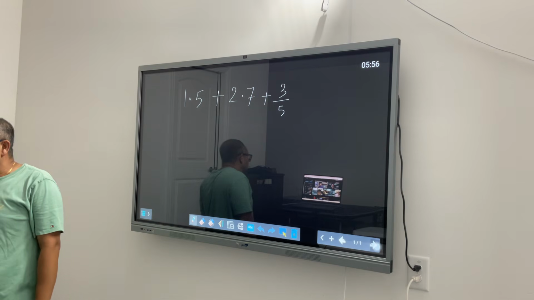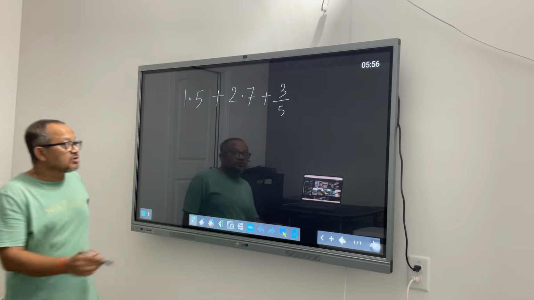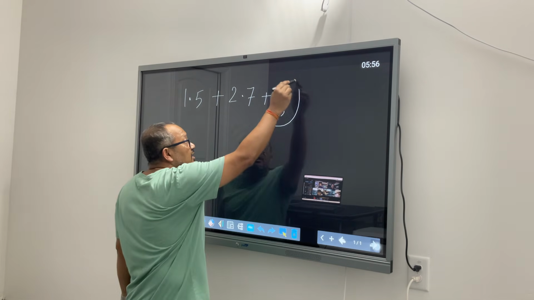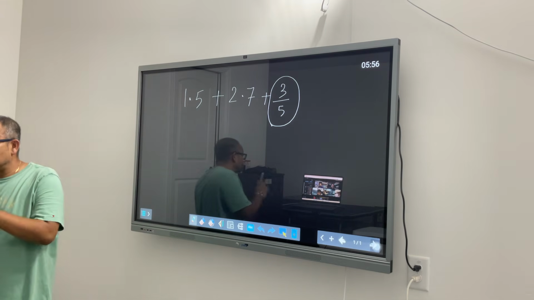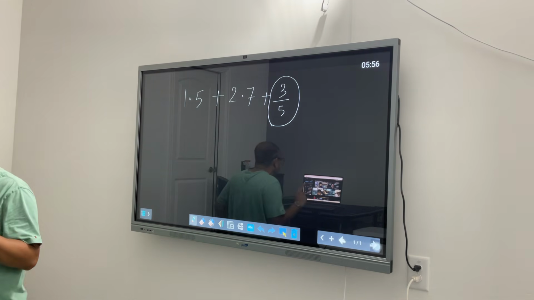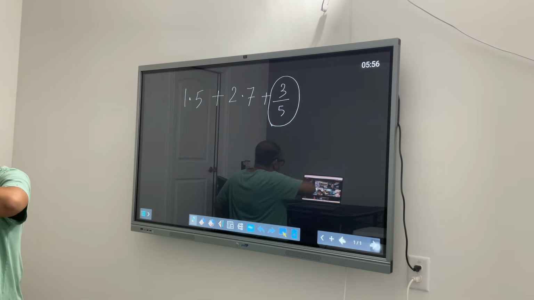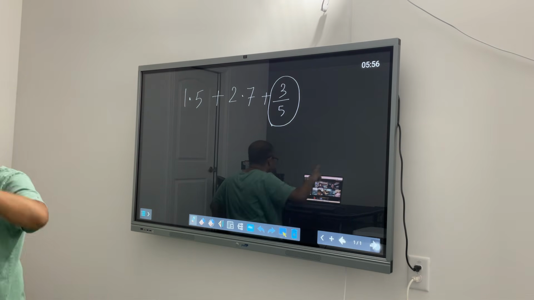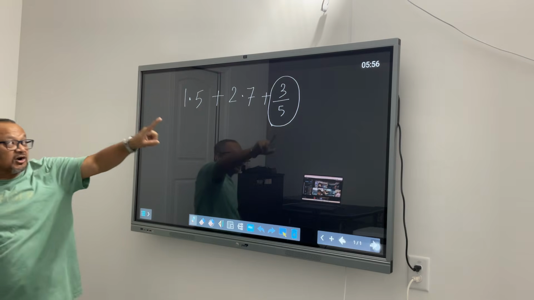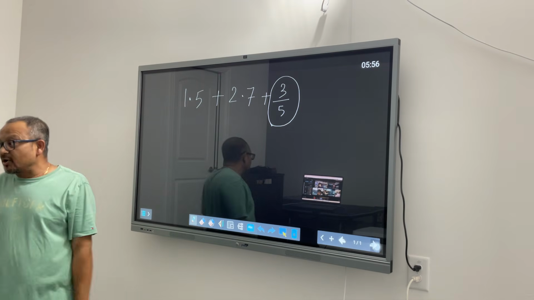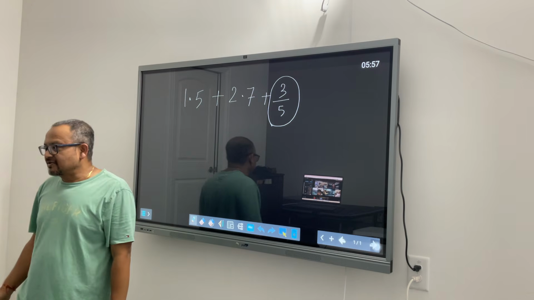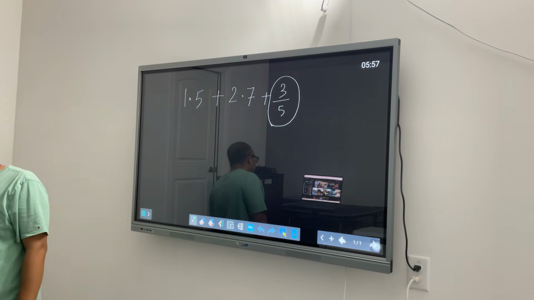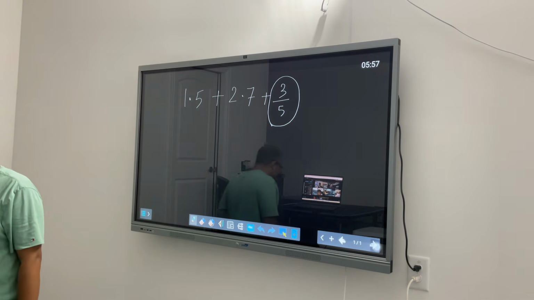Now, the question that Ayaz was asking was, how do I convert this fraction to a decimal? We saw in the last class how we convert decimal to fraction. But when we do it the other way around, you have a fraction. How do I convert to decimal? That is what Sid will explain. So Sid, you have the next few minutes to explain that to everybody, including me. Go ahead.